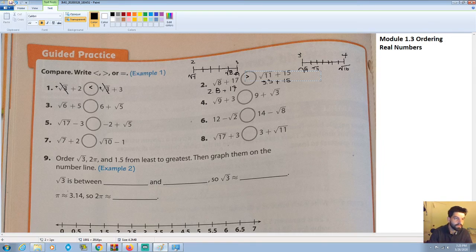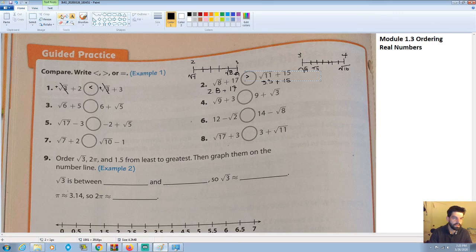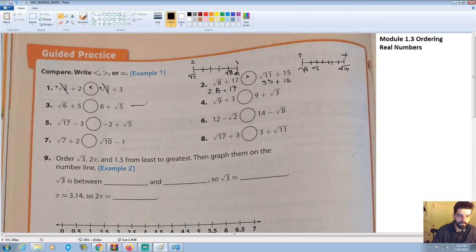Okay. Alright, let's look at the next one here. So the square root of 6 plus 5 greater than, equal to, or less than 6 plus the square root of 5. Now these are going to be pretty close, but they will make a big enough difference to where they